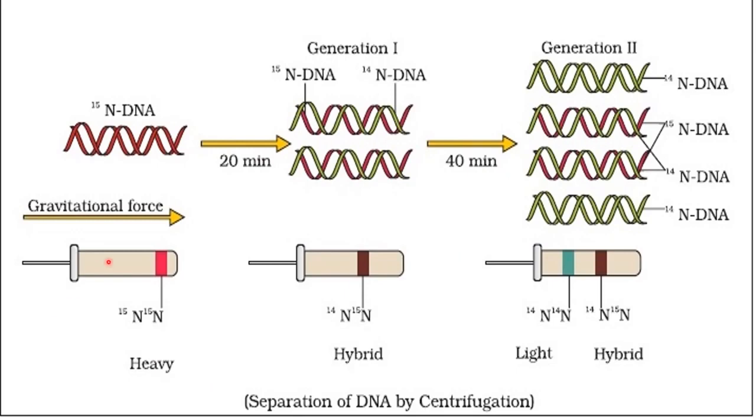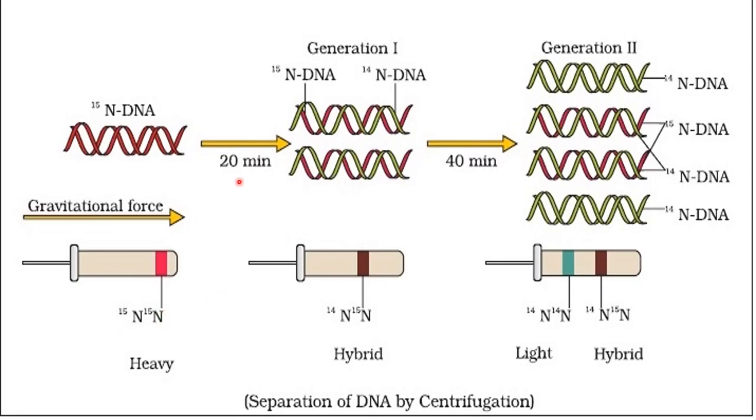Here you can see that after growing E. coli on N15-containing medium for several generations, when density centrifugation was done, Meselson and Stahl found a band near the bottom of the centrifuge tube, and this band was because of the heavy DNA, or you can say DNA having the heavy isotope of nitrogen, or you can say this band was present because of the high density.